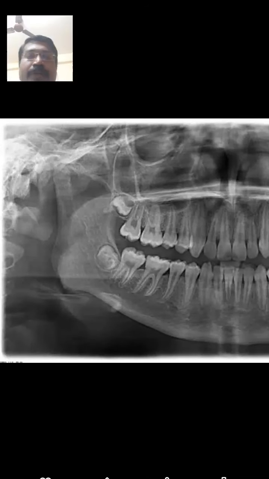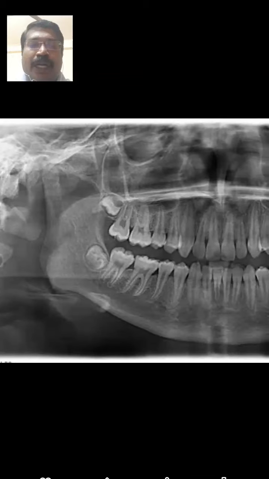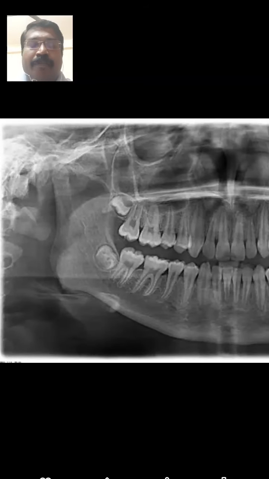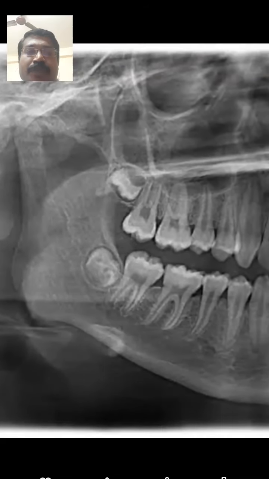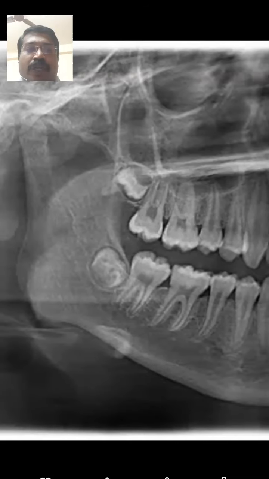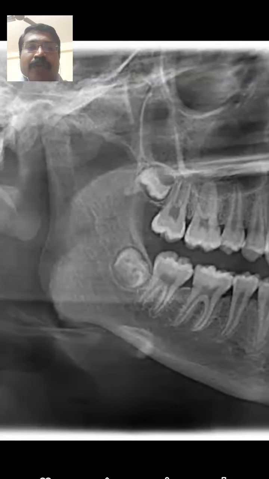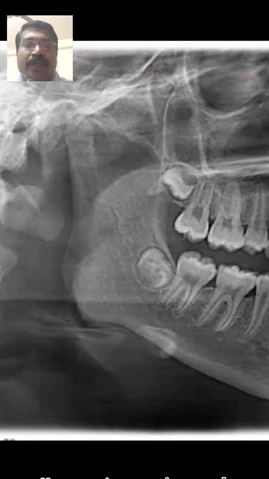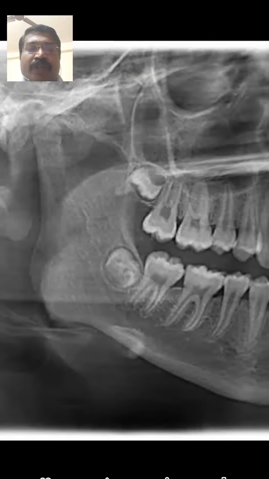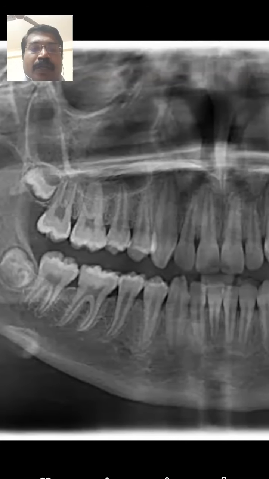In starting the systematic study of a normal OPG, we should start from the right mandibular ramus. Then we have to move towards the right coronoid process, and we have to see any alterations in the condyle. Then come to the posterior border of the ramus and the angle of the right mandible, and slowly we have